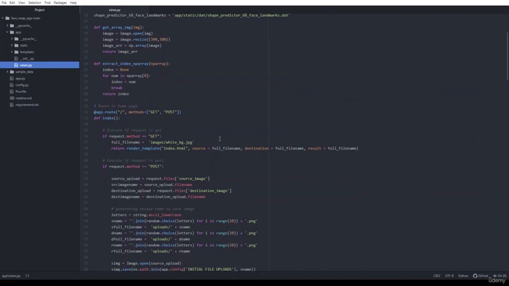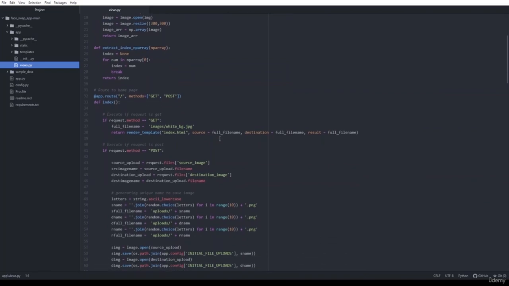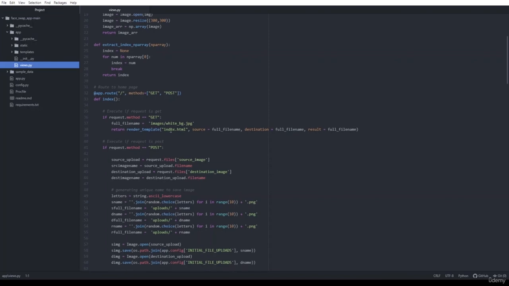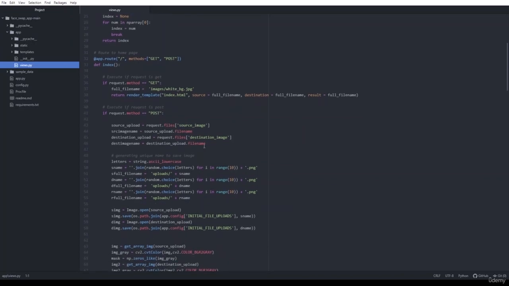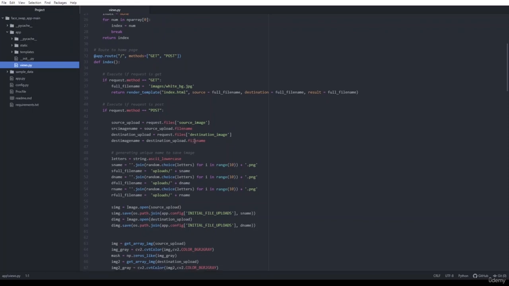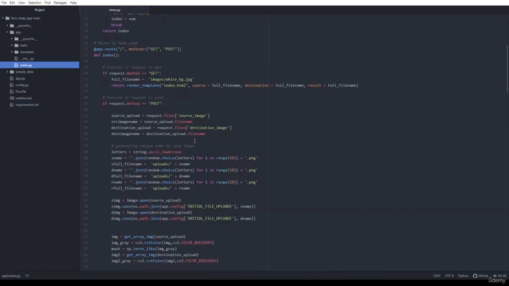An app runs by two methods, get and post. Get is initialized in the first phase. Get will load the index page, and as soon as we click any button or do any action on the home page, it will activate the post method. In the get method we have set index.html, which is the main file, the home page, and in the post method you can see that we are uploading images that we want to swap faces of, and exactly the same code that we have done in the Google Colab.